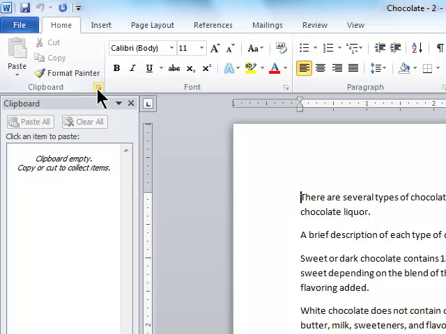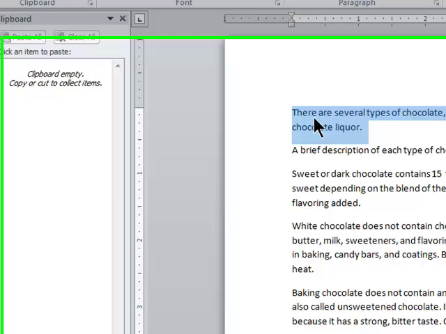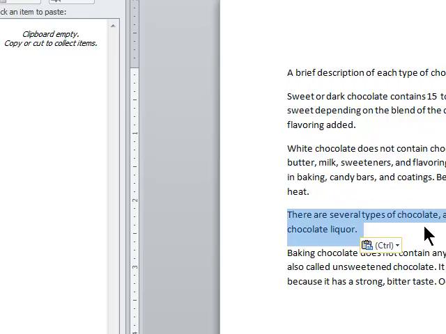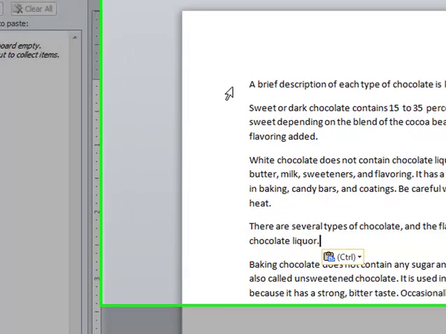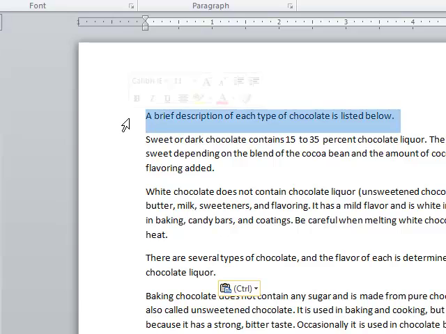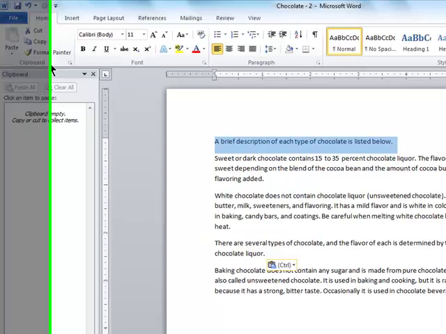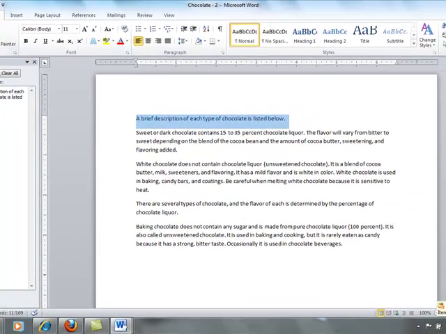First of all, you can move text. The difference between moving and copying is just that. If I was to select a paragraph, I can then use my mouse to click and drag and drop it anywhere else in the document. That would be moving, whereas copying would be making a duplicate. I can copy by simply selecting and Control C to copy, or from my clipboard, copy, and notice how it's